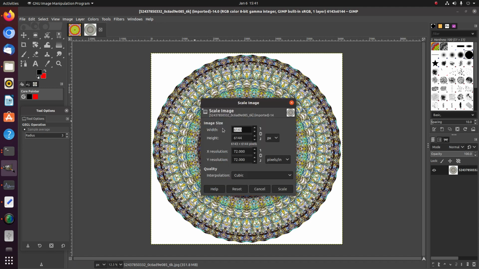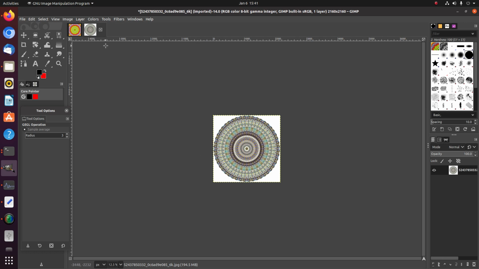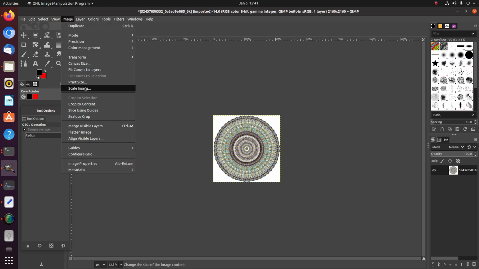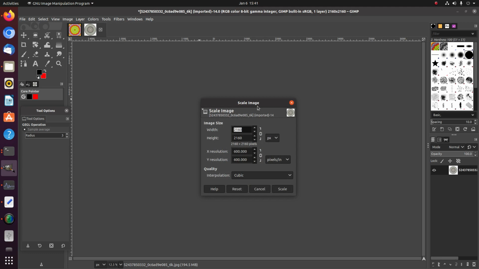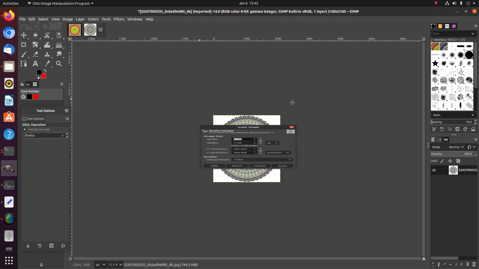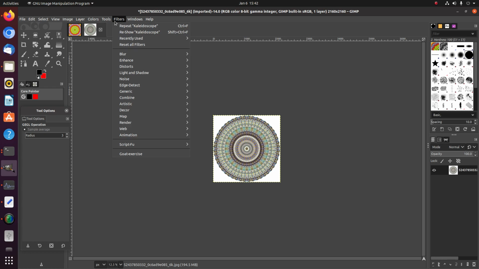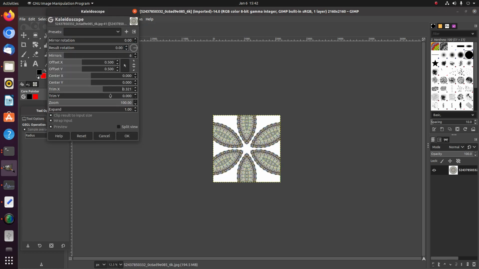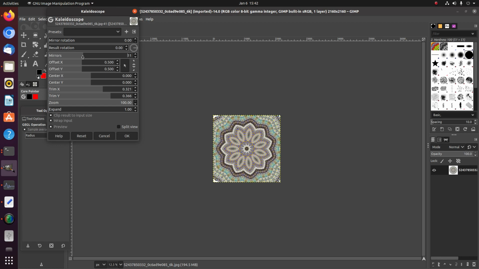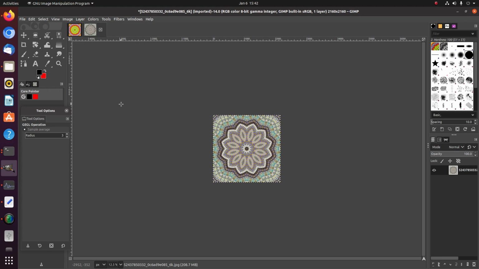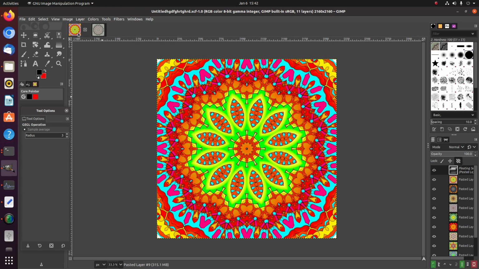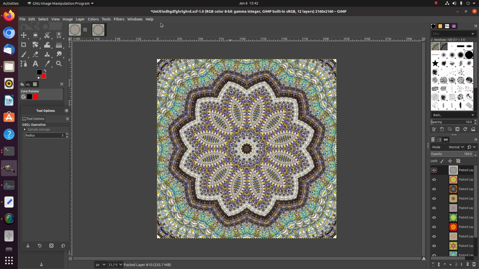Image, scale image, 2160, 600, scale, image, scale image, no, we already did that, filters, reshow kaleidoscope, 12, mirrors, okay, Control Alt, Control C, Control V, to new layer,